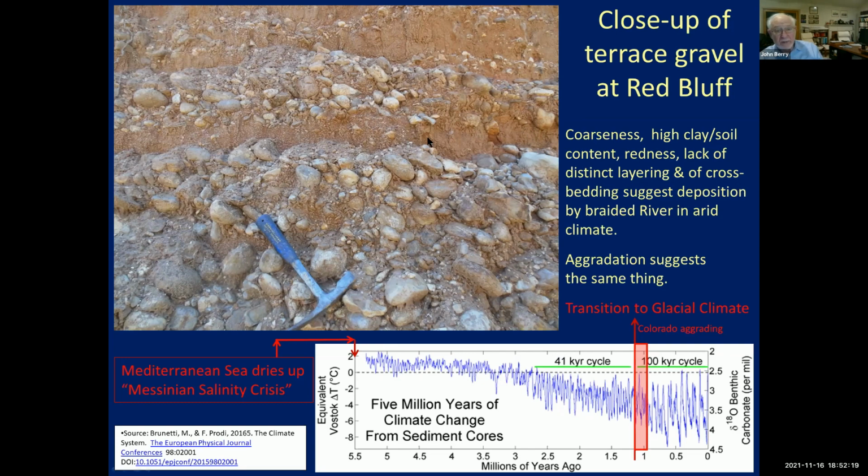The other thing noticeable about this conglomerate is the lack of well-defined bedding, the lack of cross-stratification, and the quite frequent imbrication. You notice there's a lot of pebbles sort of organized pointing down to the lower right corner of the picture. And these all indicate a braided river in an arid environment. And the aggradation suggests the same thing because braided rivers have steeper gradients. So you can think of Texas a million years ago as being pretty much a desert crossed by braided rivers